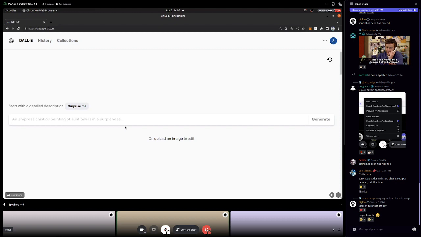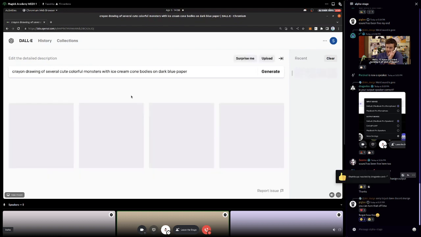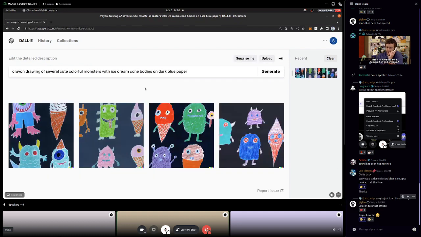Obviously, the new Stable Diffusion and Dream Studio stuff is amazing. Dolly is okay, and it's quite expensive, but it's a great place to learn how to make stuff, and they do have some really consistent image style. So I could click and generate, and it's actually doing basically the same thing. It's taking in some text, converting it into tokens, and then using that as a guide to generate an image.